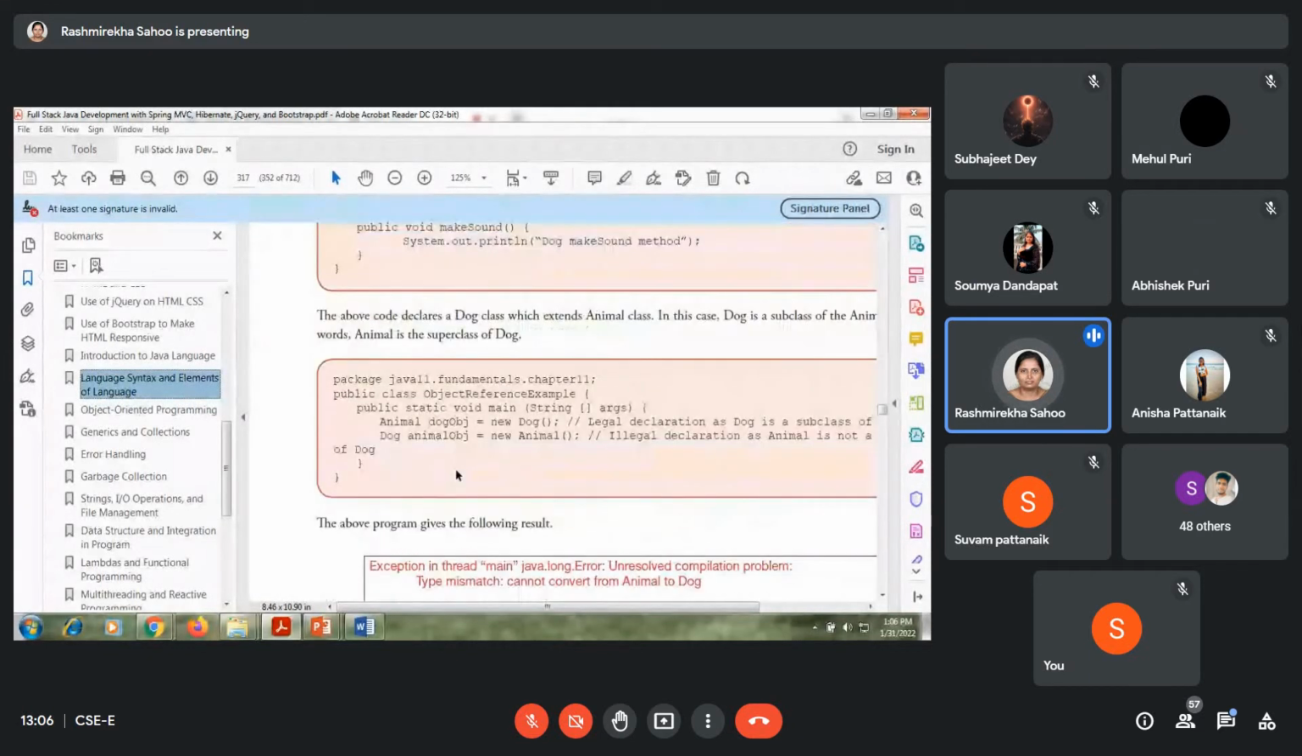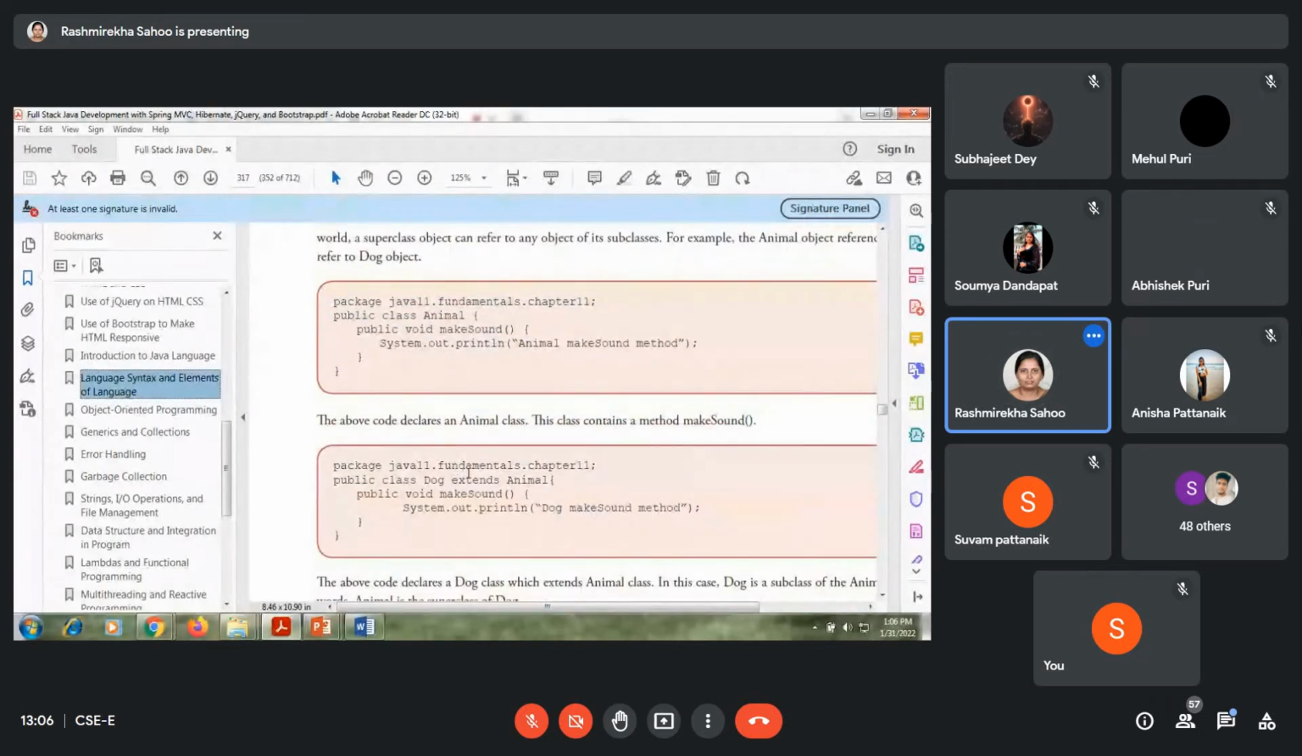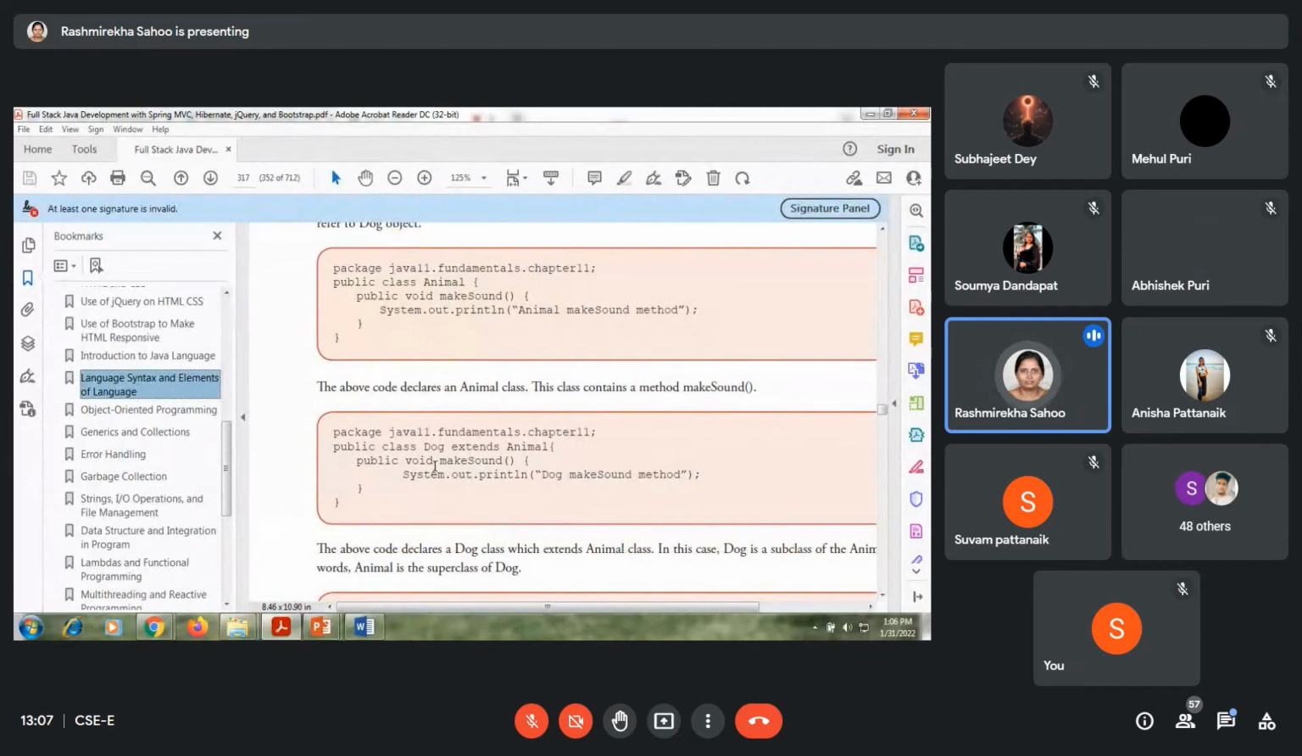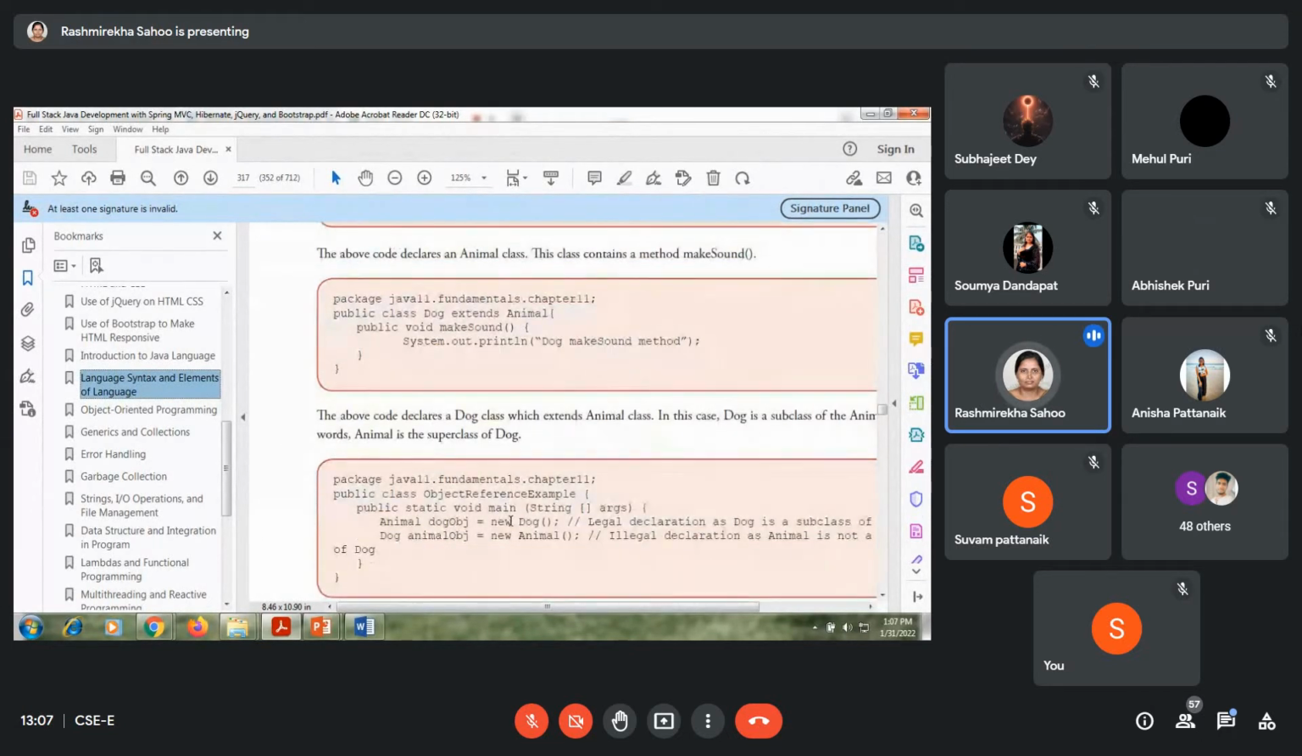So this one is, there is one class Dog that extends Animal. Okay, and when we create Dog, Animal obj,